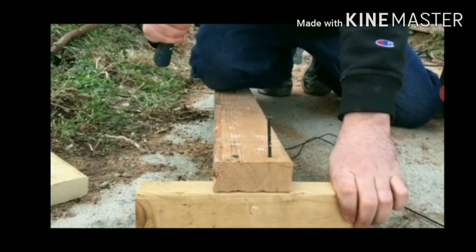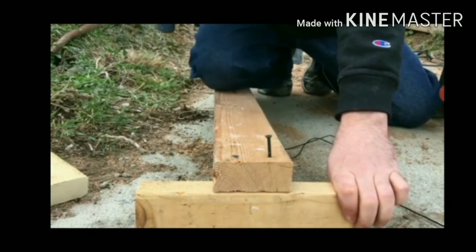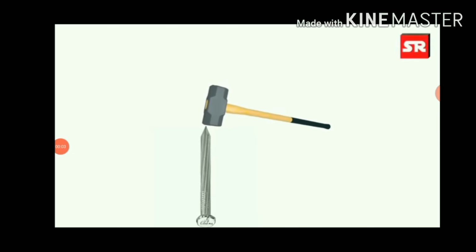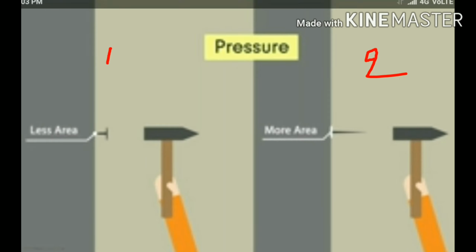Generally, to fix a nail, we hammer on the flattened surface and place the pointed surface toward the wall or wood. But it is very difficult, almost not possible, to fix a nail by hammering on the pointed surface. Even though you are applying the same amount of force in both conditions, only in condition 1 will the nail penetrate into the wall easily. Remember, you applied the same amount of force in both conditions. Then why is the result different?